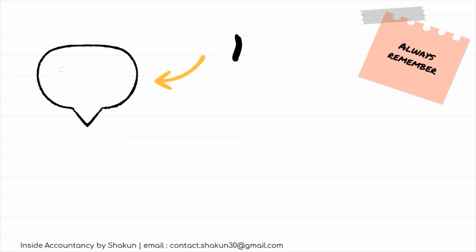Moving on, always remember a few things. First, you have to remember that the cash column will either have a debit balance or it will have a nil balance. The payments can never be more than the receipts. So it will either have a DR balance or it won't have any balance. There may be a nil balance.